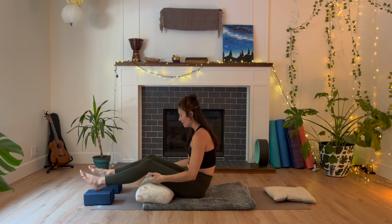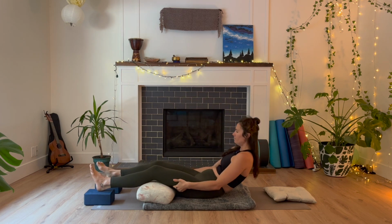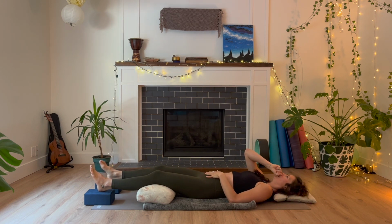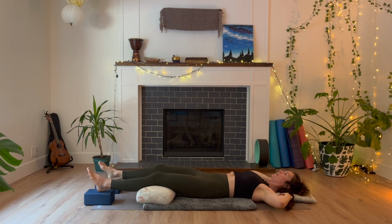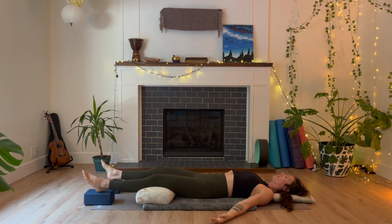And then when you're ready, take your hands to your hamstrings and just slowly begin to relax down to the back body. Taking a moment here to ensure that the entire back of the body feels supported. And then you might rest your arms down along by your sides, bringing all of the limbs here to touch the earth,